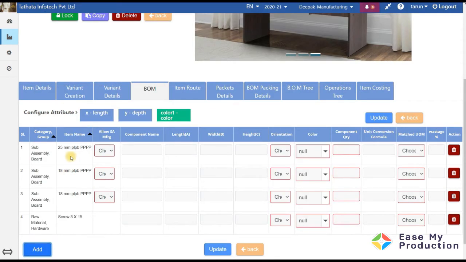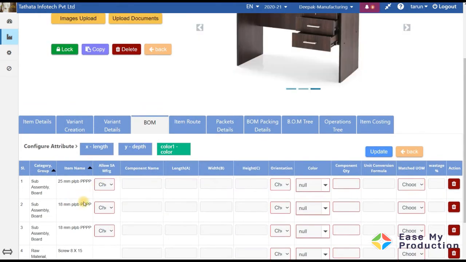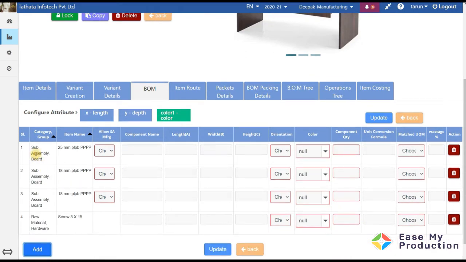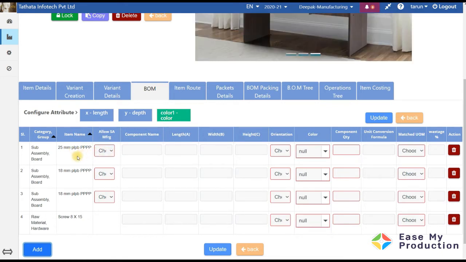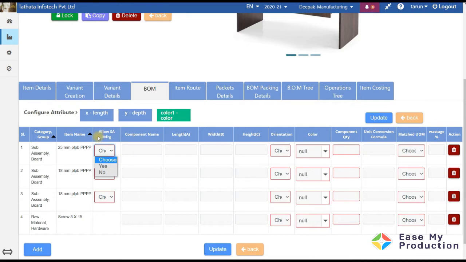Now let us start making the bill of material. This sub-assembly of 25 mm is a complete top. This is a board which has been edge banded, which makes a sub-assembly. So the first field we have to fill is allow sub-assembly manufacturing.